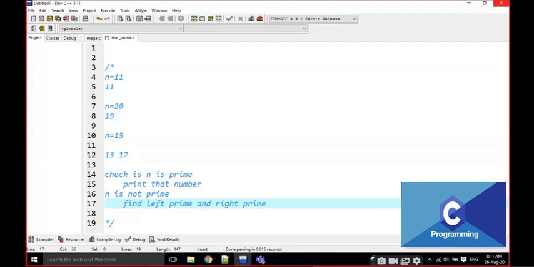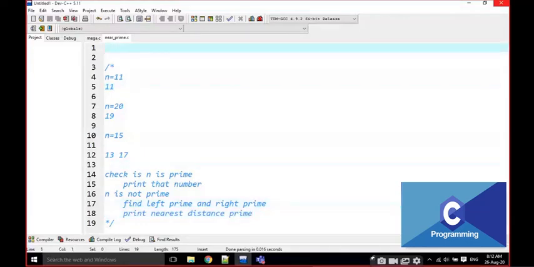We can write it in a number of ways. This is the way I'm writing now. I'm going to find the left prime and right prime, and after that print the nearest distance prime. That's it. This is my plan for the program.